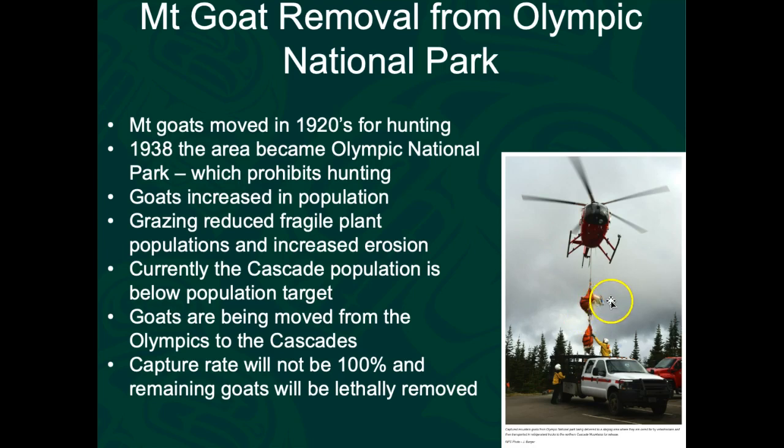They put a blindfold over them, kind of a rubber hose over the horns. They tie their feet together, put them in these little slings, helicopter them out, drop them on a Fish and Game truck. Then they're put in a refrigerated container, driven overnight to the Cascades, and then released there. All of these animals are radio collar tagged, every single one that's moved from the Olympics to the Cascades. And so we actually have good data on their survivorship, and we can go back and track those animals to